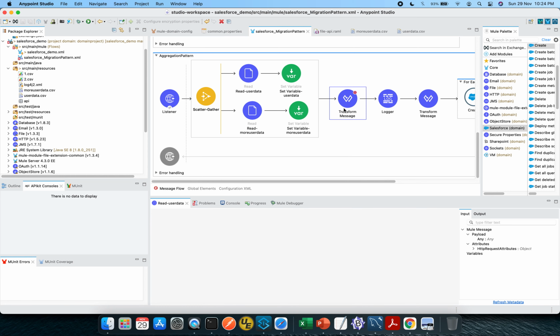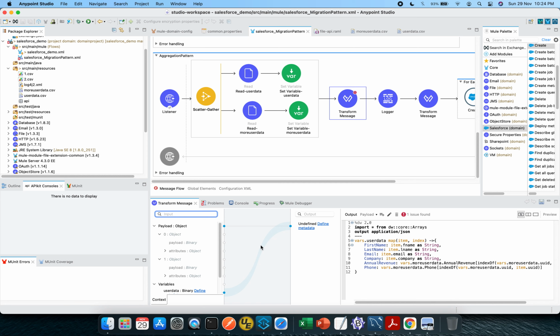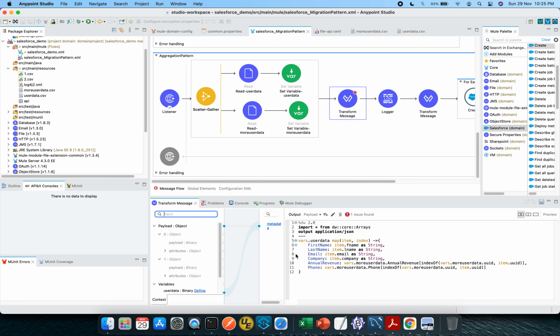After that, we are going to transform these messages, or the CSVs, into a single canonical structure. How are we doing that? From the user data, first name, last name, email, and company will remain the same. We are going to pick up annual revenue and phone from the more user data variable, passing an index to it.